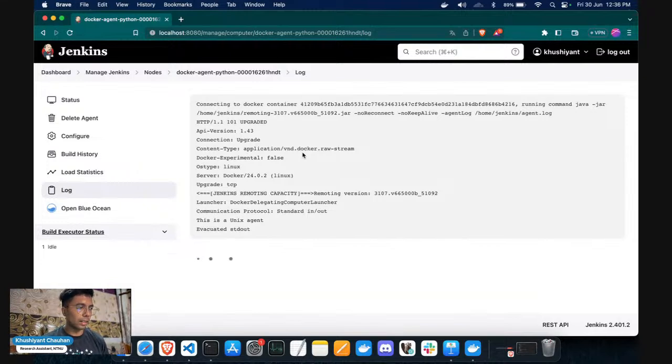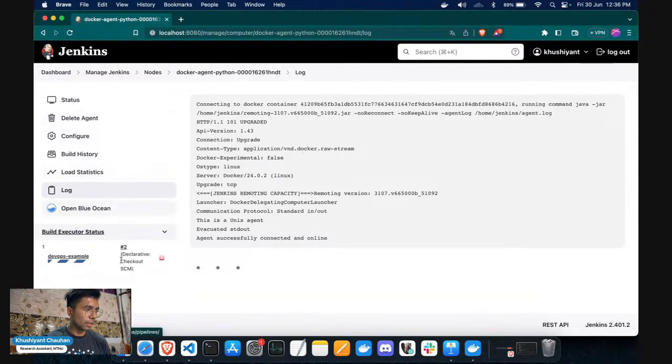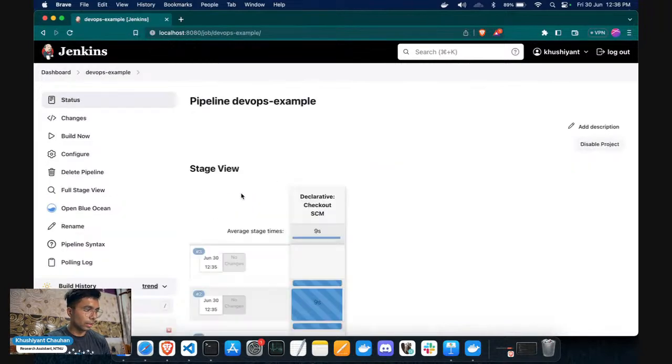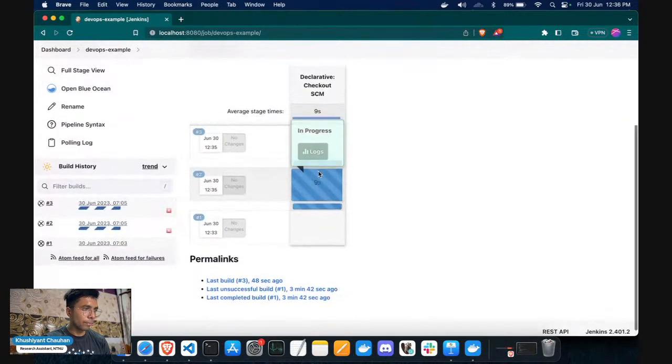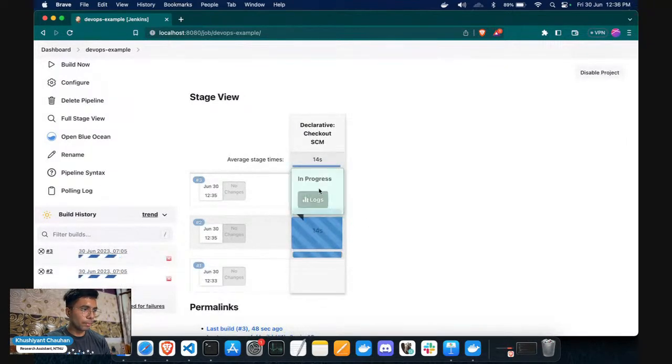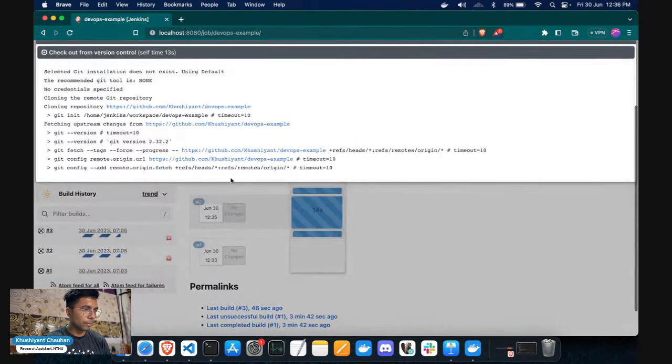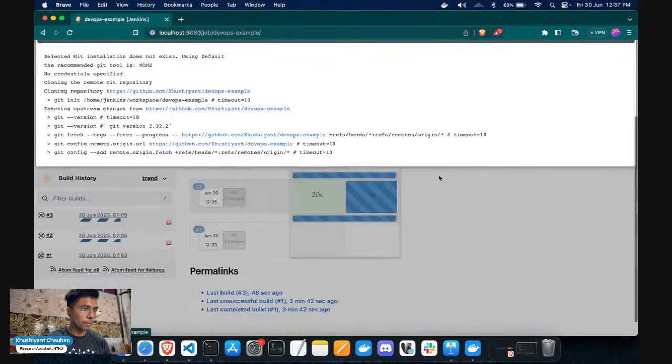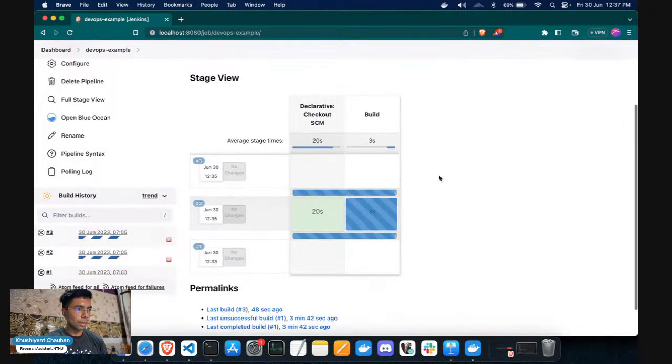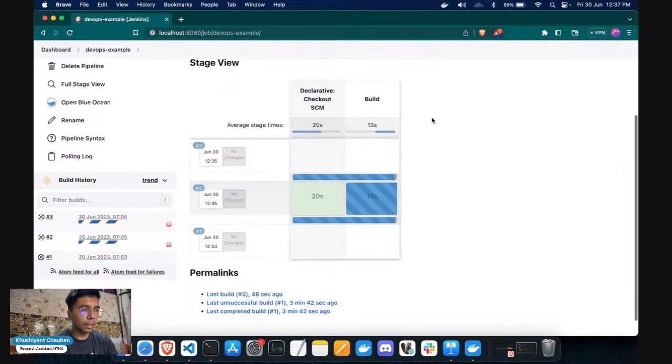Actually, the agent started and then went to sleep. Okay, now the agent is connected and started, so we can try again. Okay, so as you can see now, it has started building, and it will take some time because